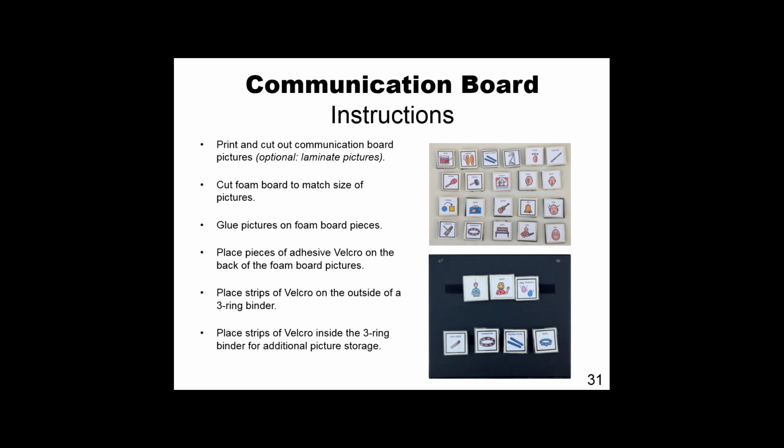So to make this, I printed and cut out all of the pictures. And I actually put them on cardstock, and then I laminated them individually. I really just want to make sure these things last. After that, I cut out foam board to match the size of my square picture, and I glued it right on top. Now, cutting out foam board is not always the easiest. Depending on how thick the foam board is, or I guess your finger strength, you can use scissors. I found it easier to use a straight edge or an X-Acto knife, whatever works for you.